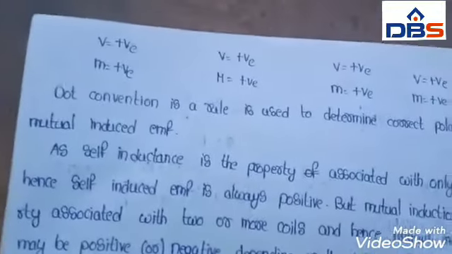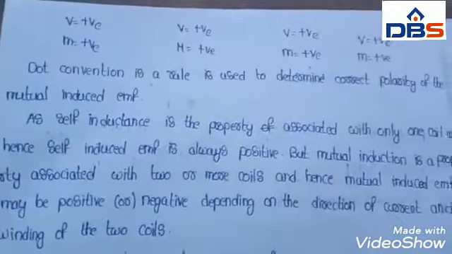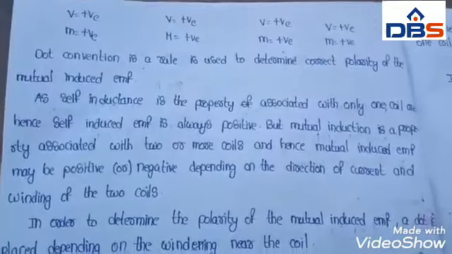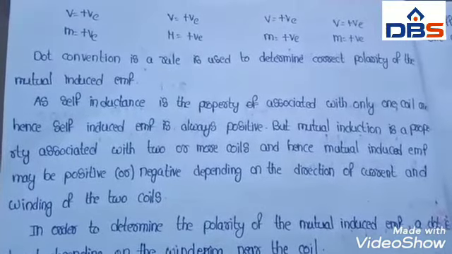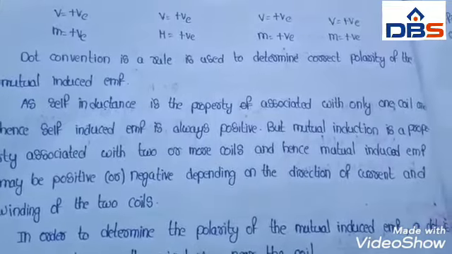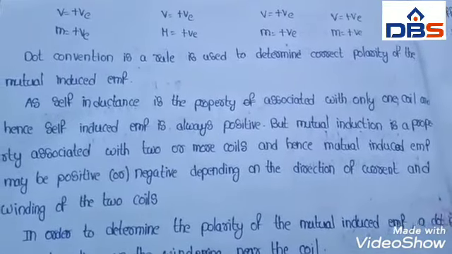The dot convention rule is used to determine the correct polarity of the mutual induced EMF. That is nothing but how the mutual induced EMF will travel from one circuit to another circuit. That clearly tells about the dot convention. Suppose self-inductance